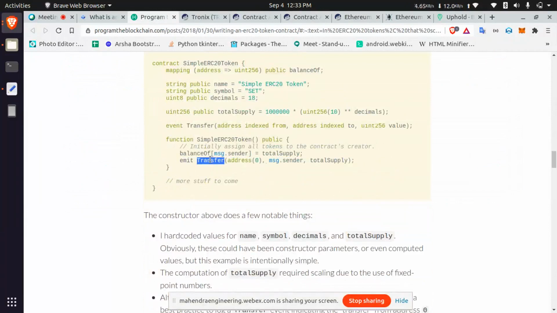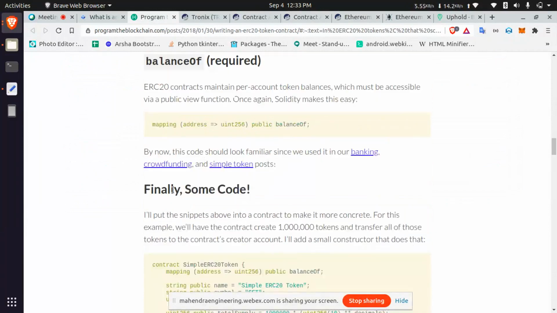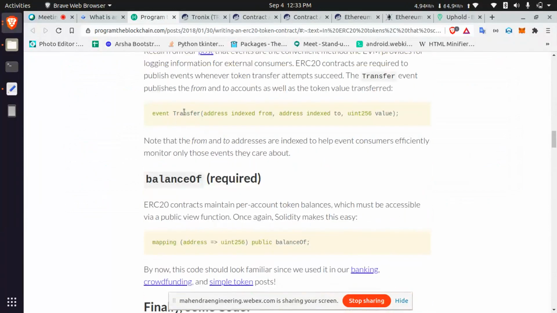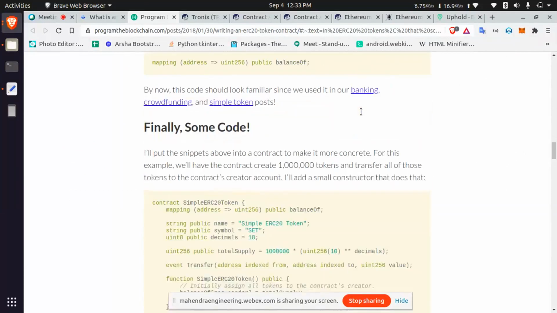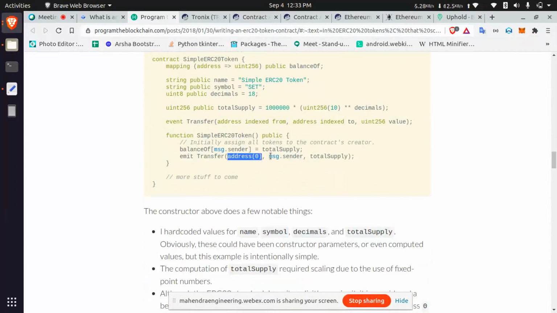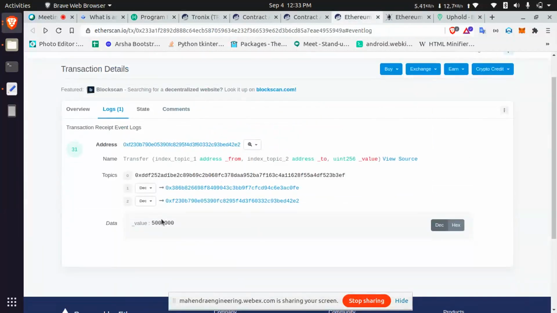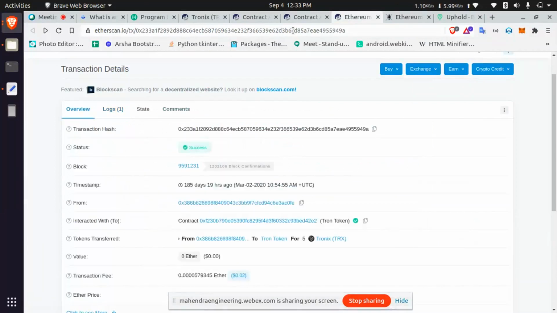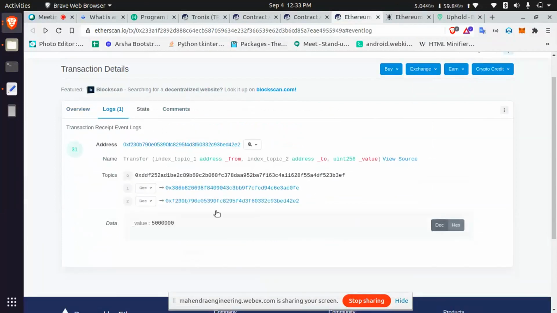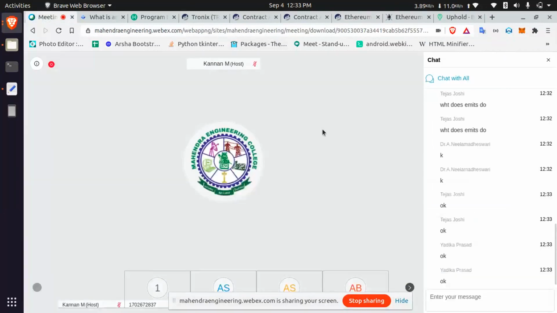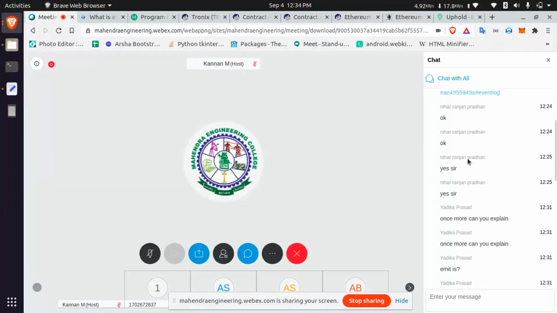If you are calling emit Transfer, it will call this event. You specify the address in the event, and here also you will give the address. So while calling the function, the event will be triggered, and that event will be registered on the blockchain. In the transaction, you can see the logs, and you can see the Transfer event triggered.